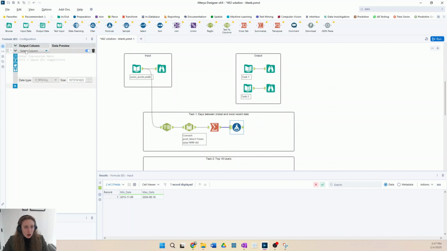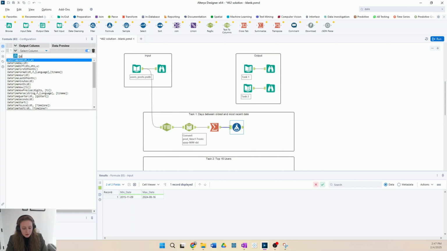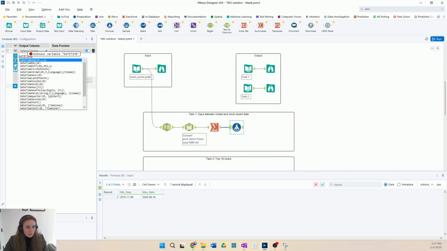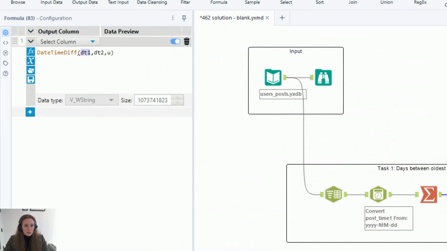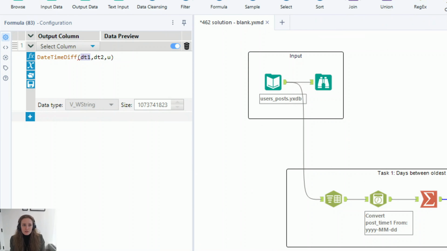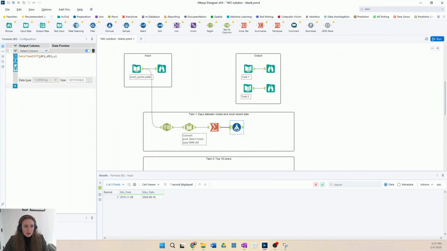We have a function called datetime_div, and it gives us the format how we have to enter our values. So we first have to give one date, then a second date, and then we want to specify the units that we want our outcome to be. So I'm going to say max date, min date. So take the difference between the max and the min, and units in single quotation marks,